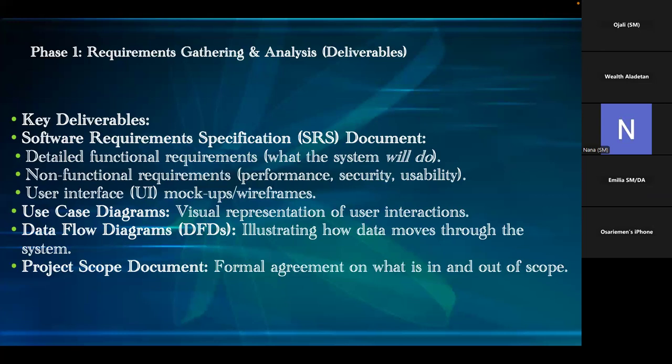Then data flow diagrams, DFDs. So you can see how much documentation you need to be aware of just within this page. Your SRS, your functional requirements, use case diagrams, data flow diagrams, okay? Then the project scope document also, which is a formal agreement on what is in and out of scope. So within this project, this is in scope, but this is out of scope. That means we're not going to deal with this. This project is not going to get to this point. So you already have that stated already,